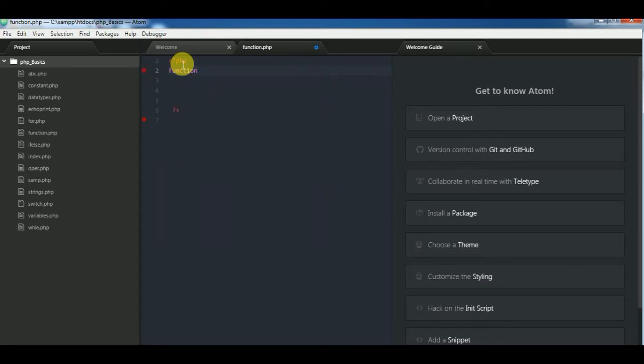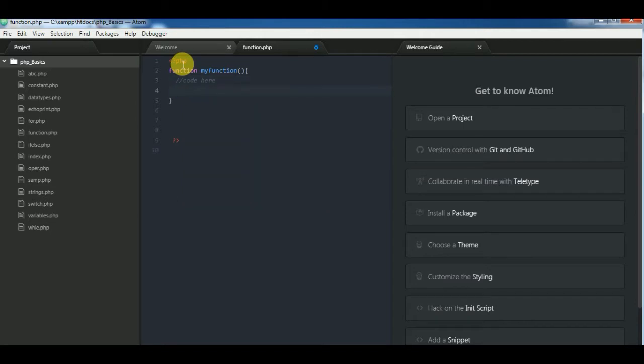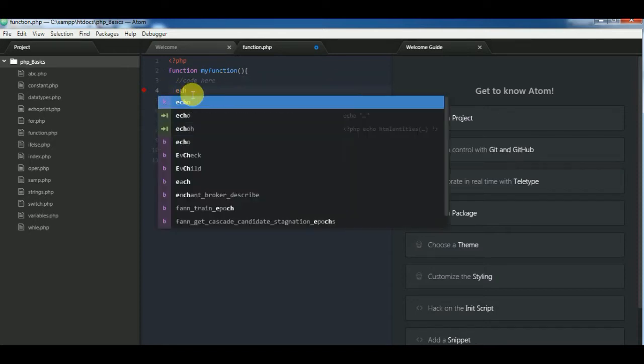I will name this function myFunction, with these parentheses and the code here. So this is the basic syntax of how to define a function in PHP. In order to put code in the function, we have to write that code here. For example, I am writing here echo message and